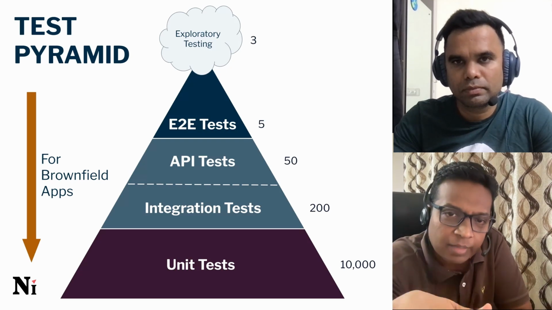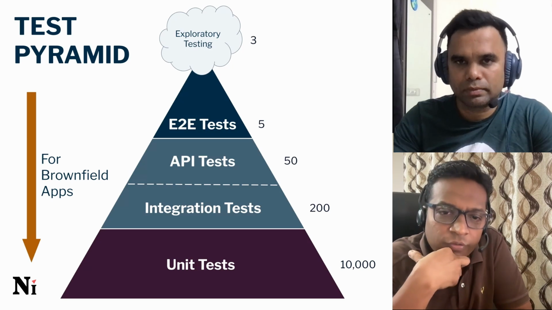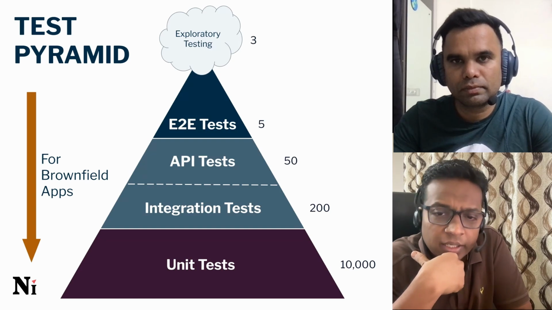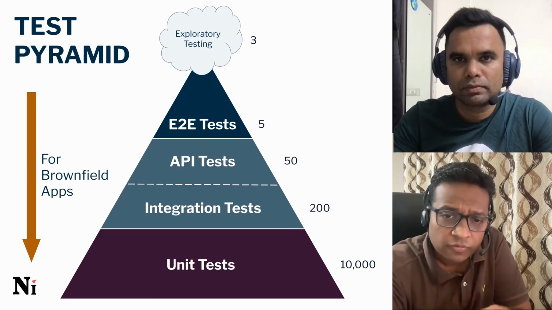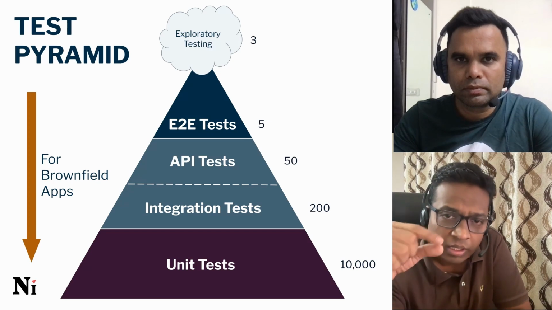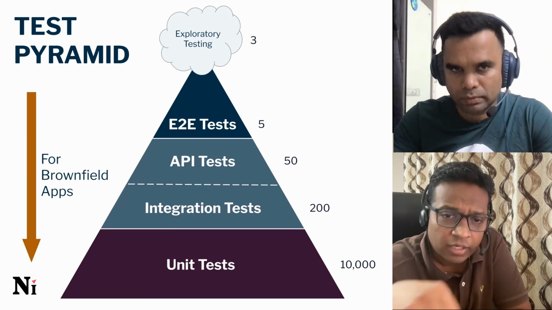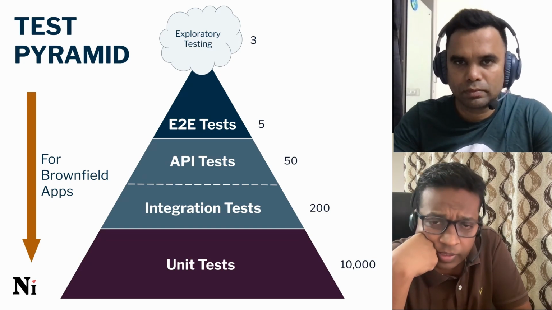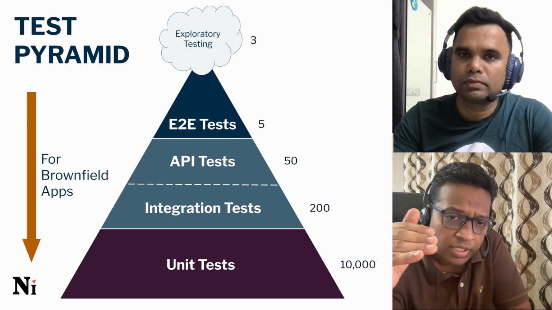Similarly, the next step would be to think of what the most important services in this system are, and for each of the services, again, what the most important API calls and scenarios are, and amongst them, what the most important data being exchanged is, and so on. So after writing those few critical end-to-end scenarios, the next step would be to take each of the important services and write a few API tests for each of the critical APIs and critical calls within each API, and so on. And you move down then to integration tests, and finally,